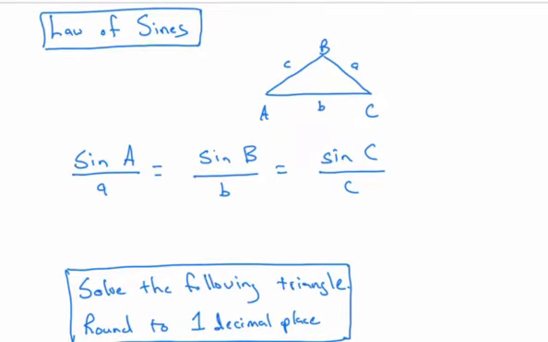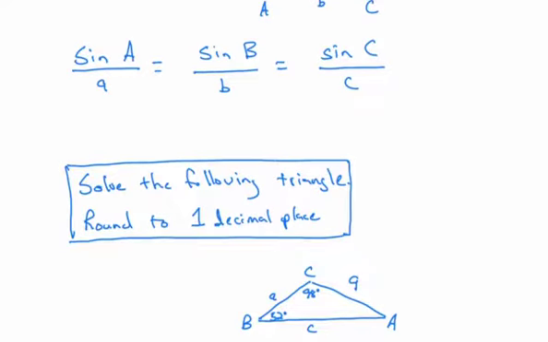Now the law of sines are just these three ratios which are always true within any triangle, and it doesn't have to be a right triangle, it can be any triangle. So the sine of angle A, if we divide that by side A, that's going to equal the sine of angle B divided by side B. And that also equals the sine of angle C divided by side C. So we're going to use these ratios to solve for a triangle. And when I say solve, solve means find all